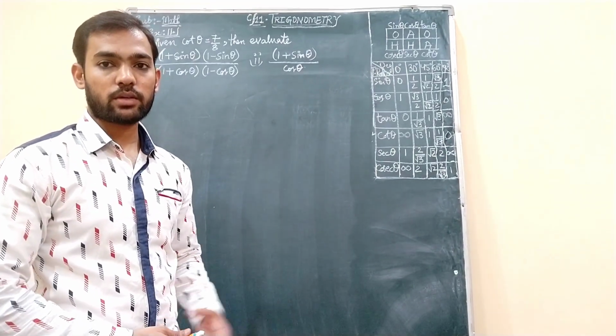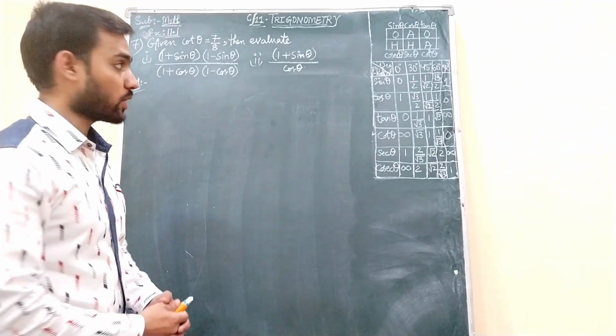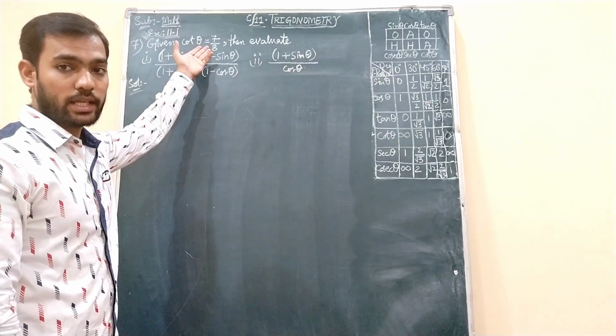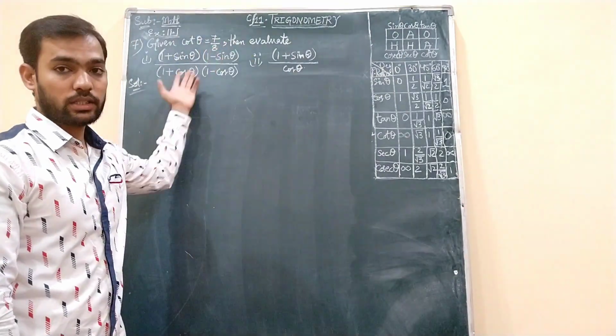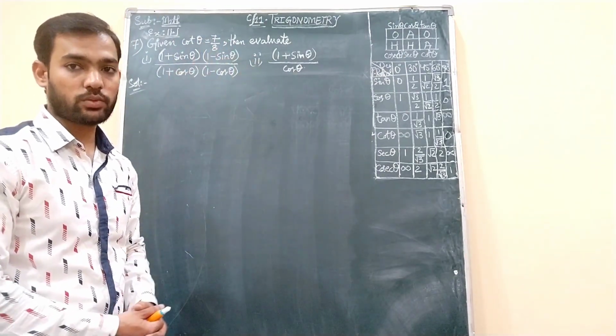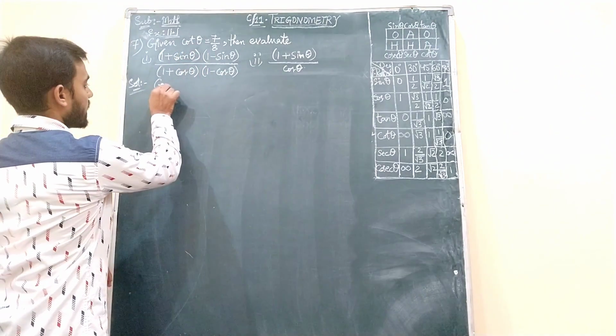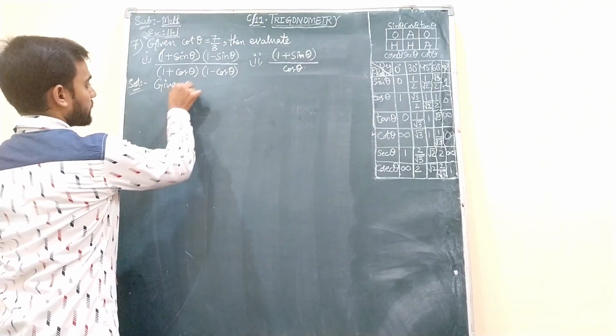Yes students, now we are going to do question number 7 of exercise 11.1. Question number 7 says that given cot theta equals 7 by 8, then evaluate these two expressions' values. We need to find out what is given to us. Cot theta is 7 by 8. So first I will write, given that